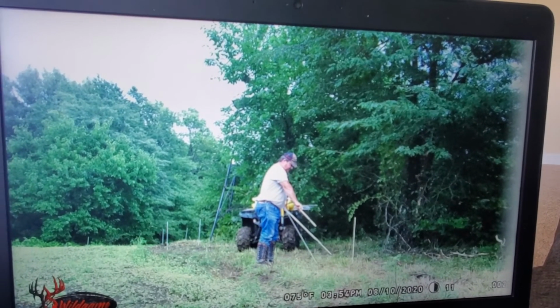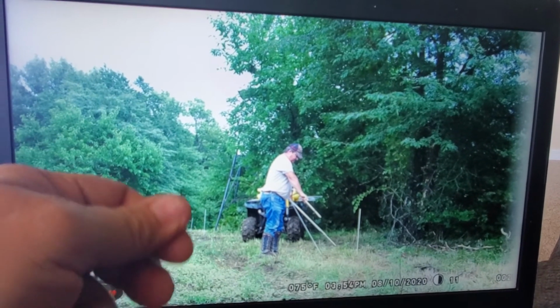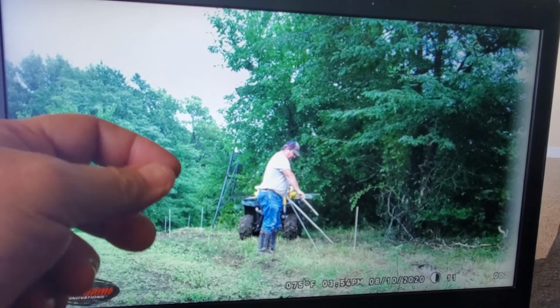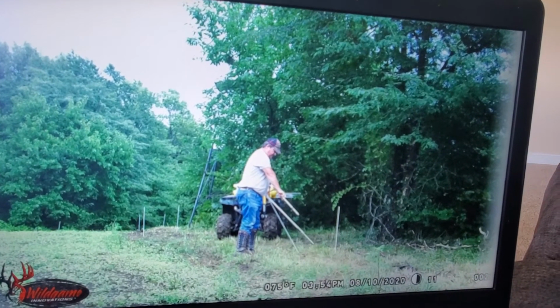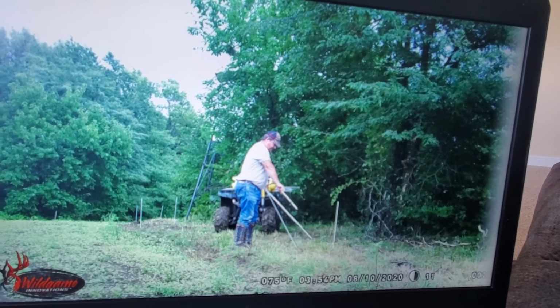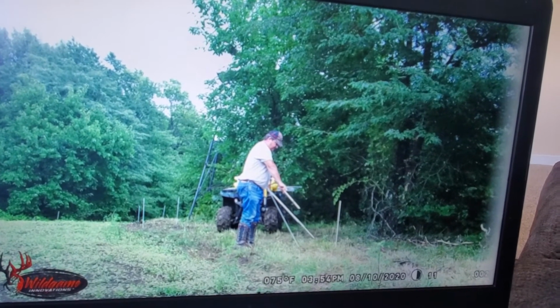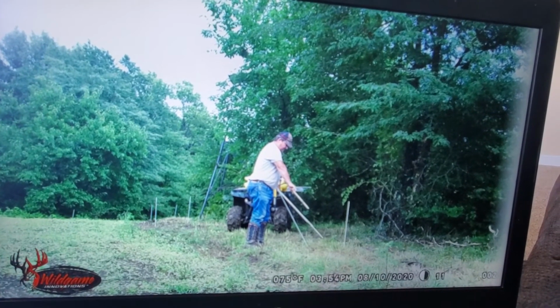When I first come into my food plot, I have a real small little clip. You just clip it on any of the wires, and there's a little probe that goes down and sticks in the ground. So when I come up into my food plot, I don't have to wonder if it's charging or if it's got electric in it. That light is picking up the pulse off that wire, and that light is blinking. All I have to do is look over to the left so I can see a